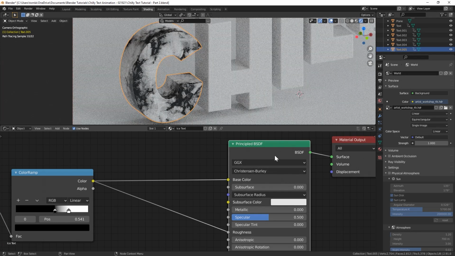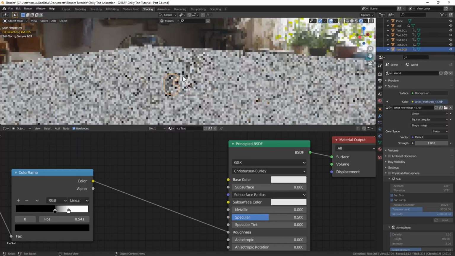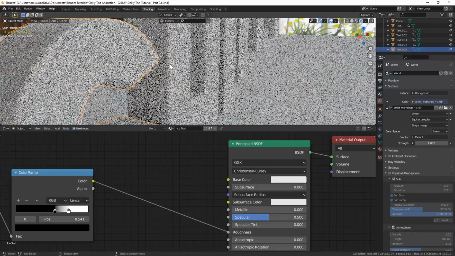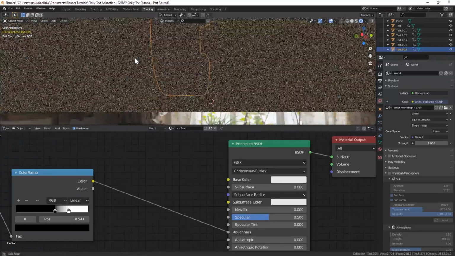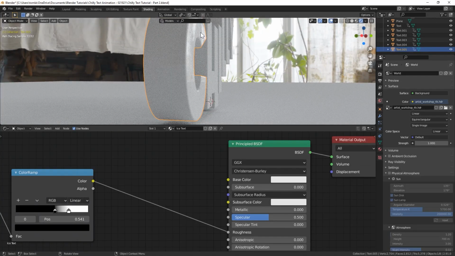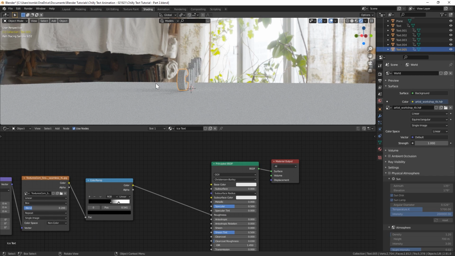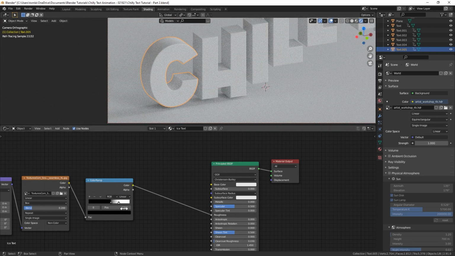And now if we look through that node, and then unplug it from the base color, you're not actually seeing too much right now because it's all white, but if we look at it from an angle, you could see the reflection is different based on the roughness pattern from our texture. This will become a little more apparent once we add in the bump and the